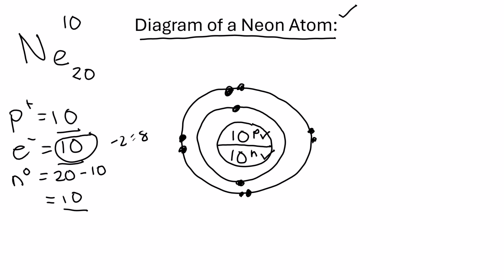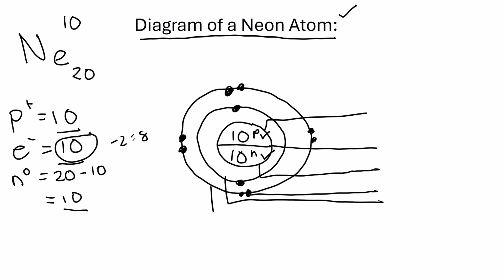Okay, so again, you're going to label your nucleus, you're going to label your protons, you're going to label your neutrons, you're going to label your electrons, energy level 1, and energy level 2, okay? So make sure that you're labeling correctly, make sure you're using a ruler, and that your label lines all meet up in one place, and that your labels are in pen. Okay, so make sure you're also following all of the diagram rules with this.